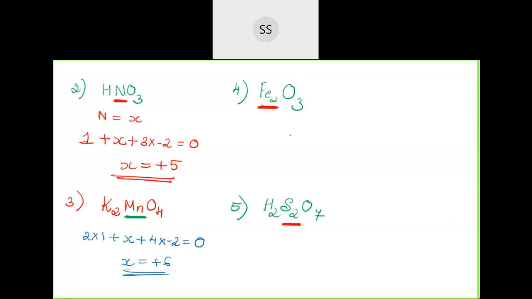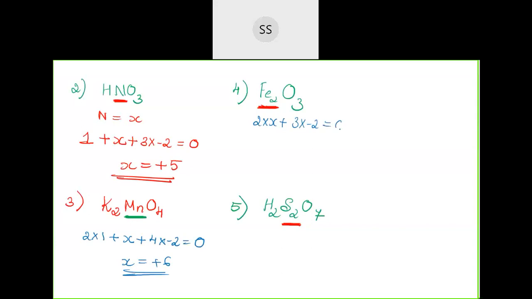Yeah, so iron you have got, Fe, plus 3. Very good. So 2 into x, if you want, I'll just do it. And then you have 3 into minus 2. The whole charge, nothing, so 0. So that means it is minus 6 divided by 2 you will get. So that is plus 3. Very good. So plus 3 is the answer.